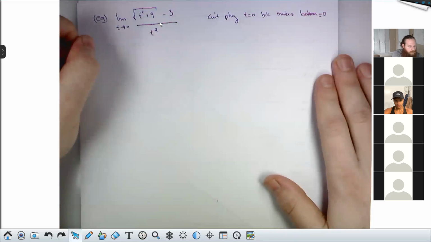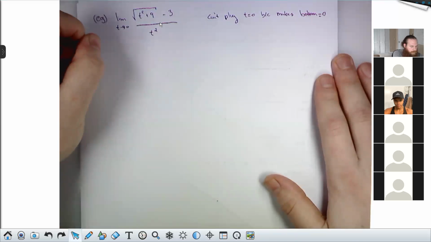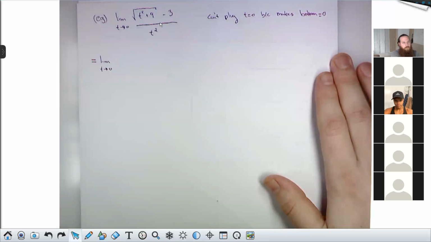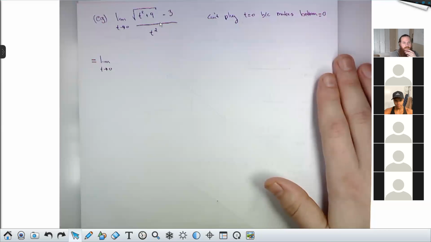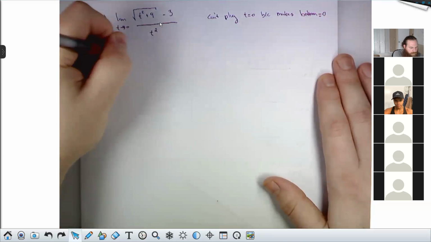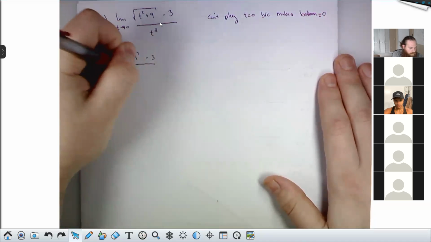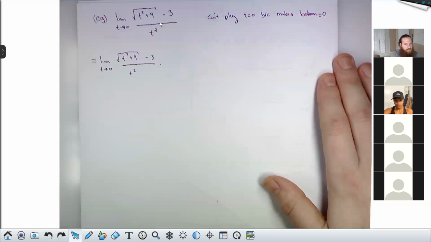But the sort of things we can do are add and subtract numbers or multiply and divide by the same quantity. Is anybody familiar with the multiply by the conjugate trick? So squaring it, reasonable idea, but I can't do that because it changes the function. Like f of x equals x compared to f of x equals x squared. I wouldn't expect those to have the same limit because they're different functions. But if I multiply by the conjugate, I leave this piece alone for now,